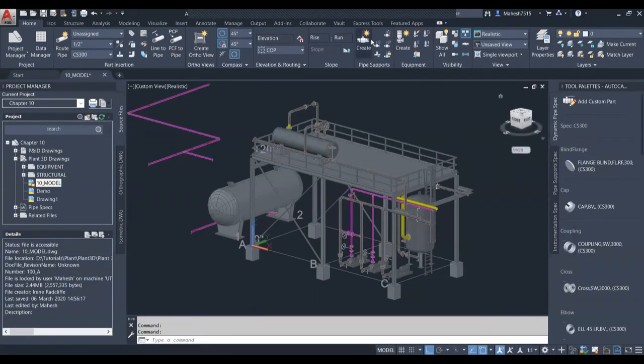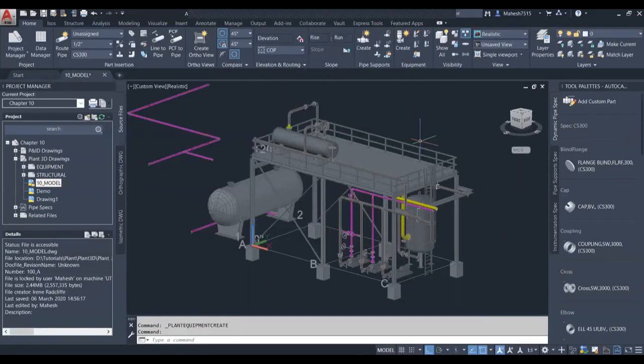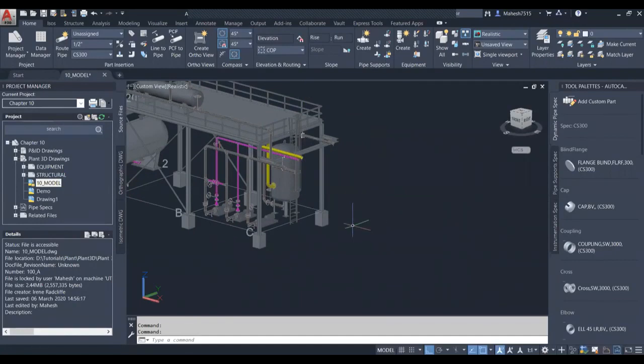We have pipe supports, equipment options, creating a new equipment. Once you have created your piping here, we can generate an orthographic drawing as well as ISO drawings. This is actually a capability of Plant3D. And this is a parametric 3D tool inside AutoCAD. Most of the AutoCAD that is mechanical, electrical are not parametric. They are just meant for 2D purpose, but this is something different. It works as a 3D tool.